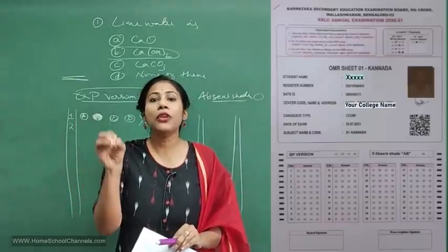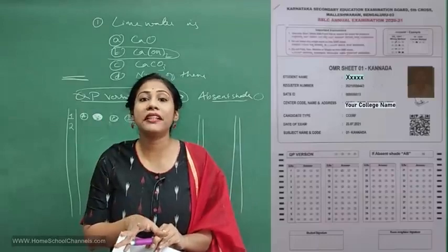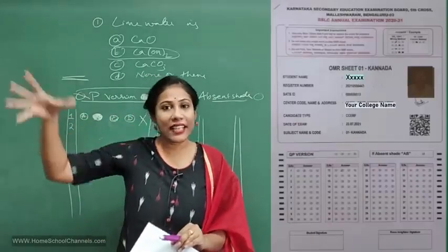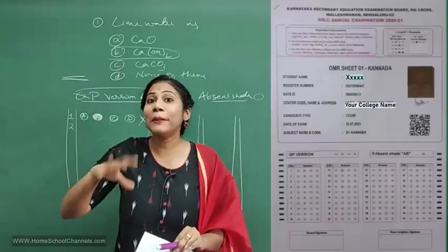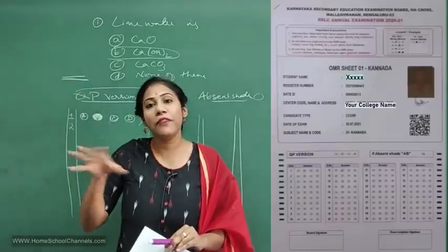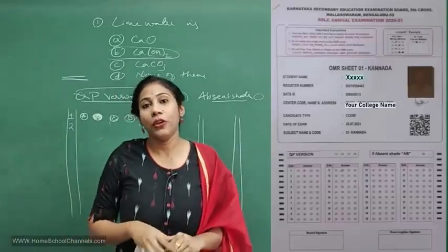If you come to control and coordination, hormone functions are important, reflex actions are important, and the brain. As a diagram, they may not ask you to draw, that's not possible, but diagram based questions they may ask you. Say you have different parts of the brain, each and every part has a certain function, so based on the function they may ask you, right?